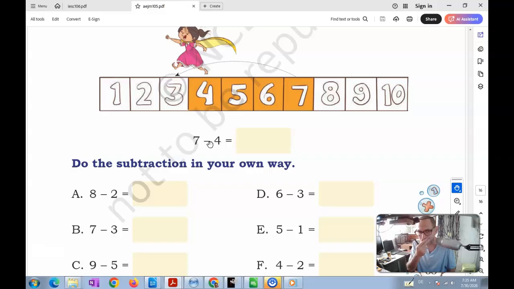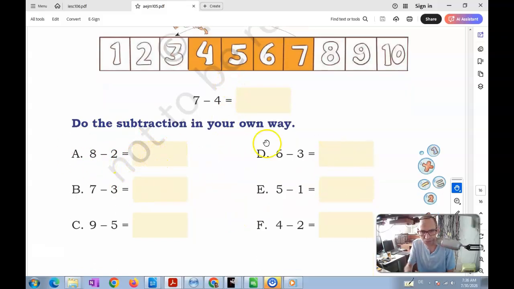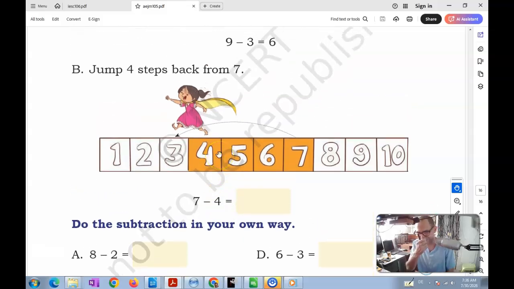So 7 minus 4 would be: you start at 7 and then you have to jump back 4 steps. So 1, 2, 3, and 4 steps. You will end up at 3. That means that 7 minus 4 is equal to 3. And of course, you can do all of this on a number line. Now, all of the examples that we have here, you can still use your beads model